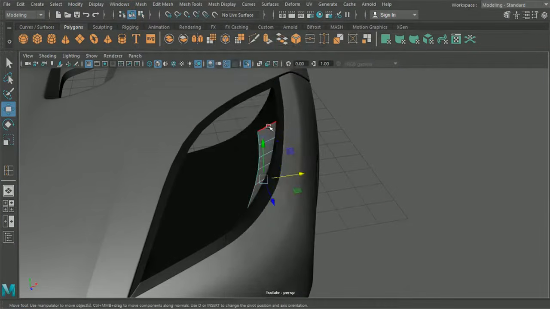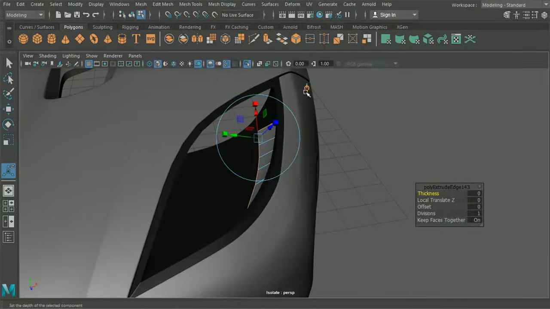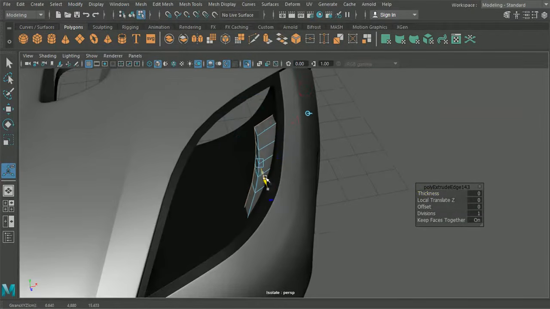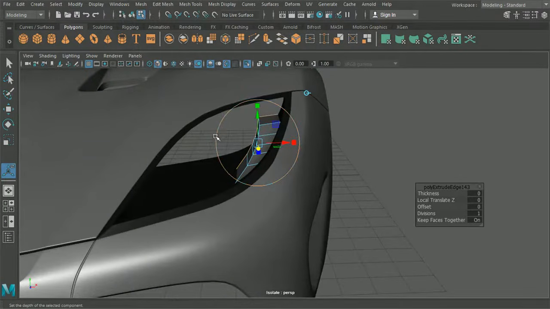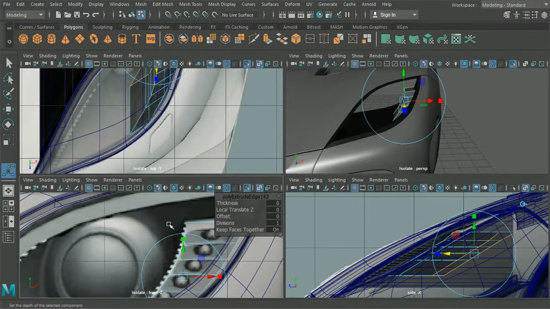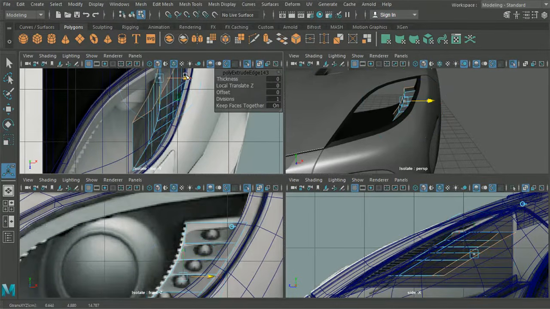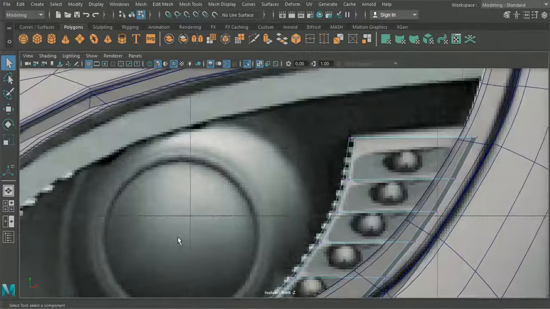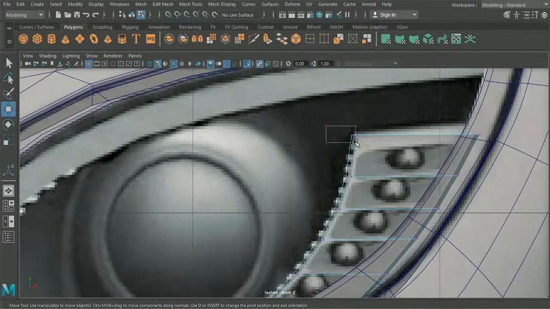What we'll do is we'll grab all of the edges here and we'll extrude in as well. So it looks like there's a little bit of depth to this, because it looks like in turn this actually then becomes the side of where the headlight is sitting. So it actually comes around up here, so maybe move that out ever so slightly. Which will then allow us to pull these higher points up and around here.